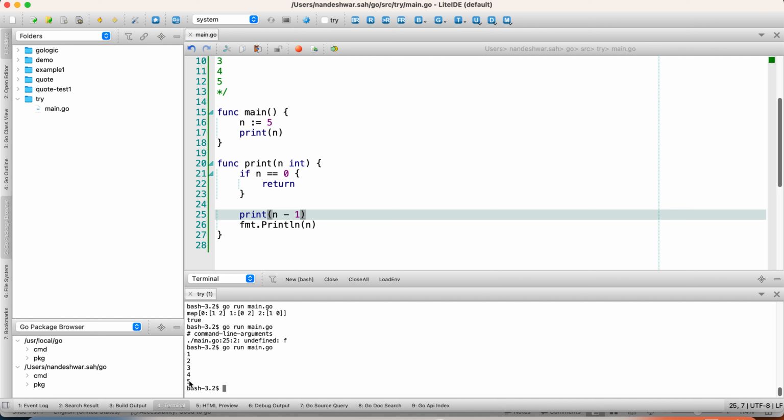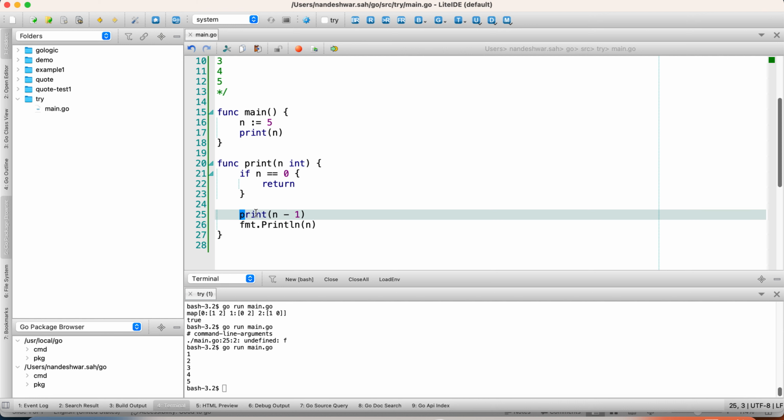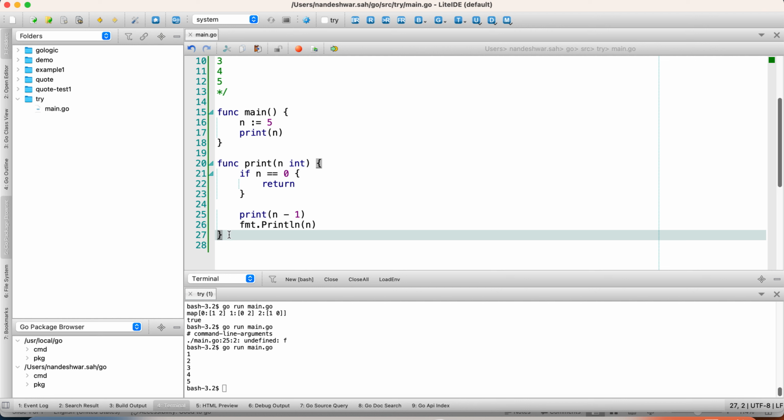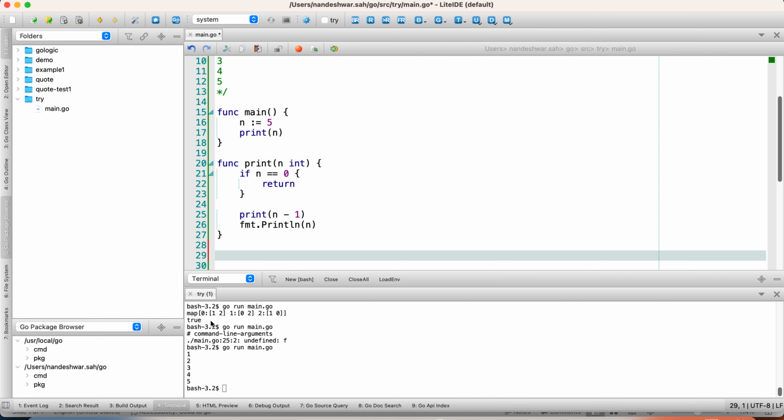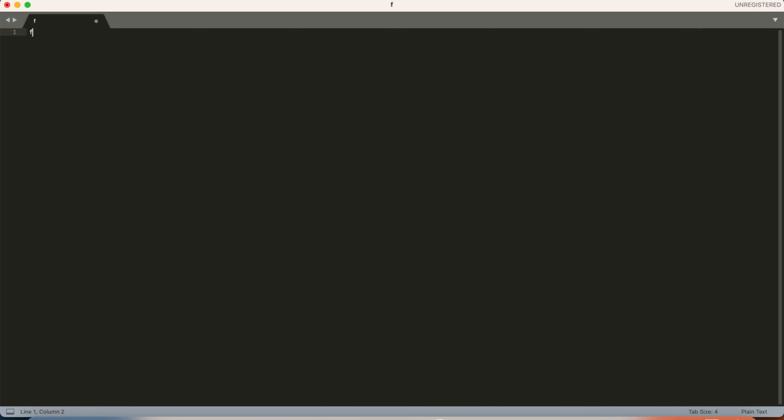Now we can see 1, 2, 3, 4, 5. And also, if you want to understand in detail how it's happening, then you can just start with a small number. Most of the time I choose 3. So if I start with 3, let's see how it's working. So if I say f3,